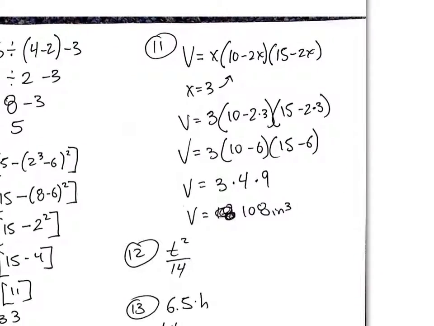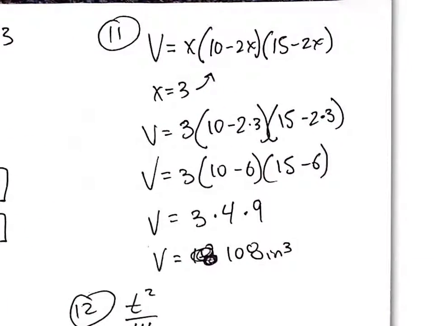Alrighty, number 11. 11, this was a cool word problem. I think we'll do a project like this where we cut squares out of the corners of a rectangle to make a little box and measure the volume. But basically, volume